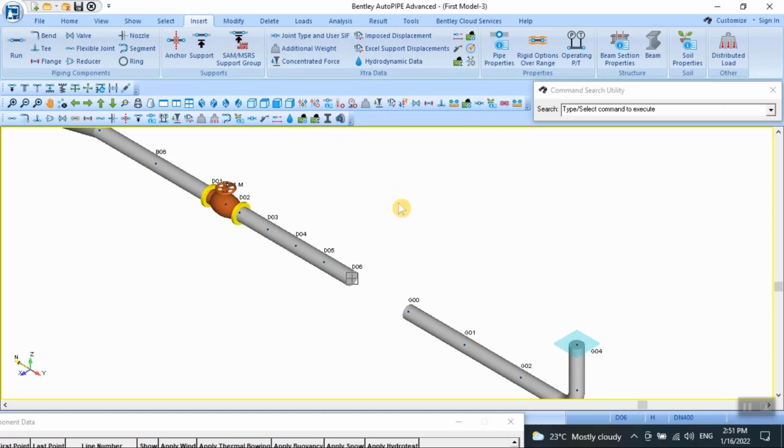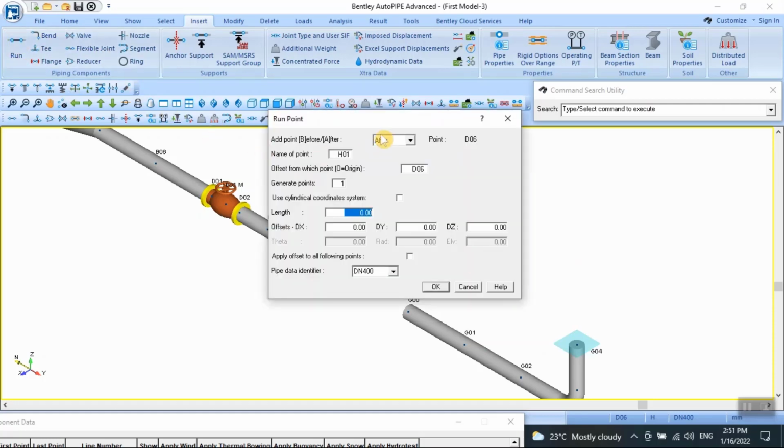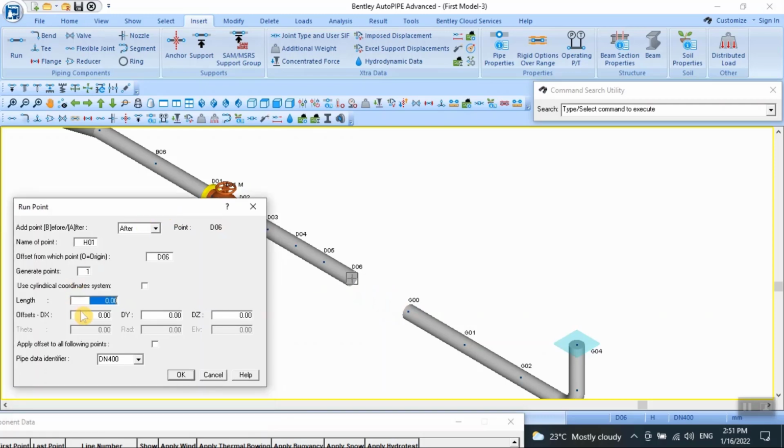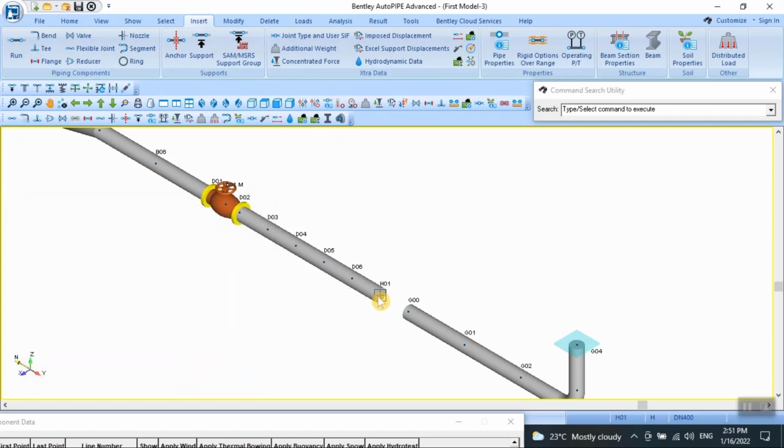We will start right now modeling in segment H by inserting a run. This run should be half of the distance between D and G, or whatever the distance between D and the pump, then G, because maybe it will not be exactly in the middle. So right now we are just considering that it is in the middle, so the length will be 1000 millimeter in this direction. Okay, then we will insert another run,